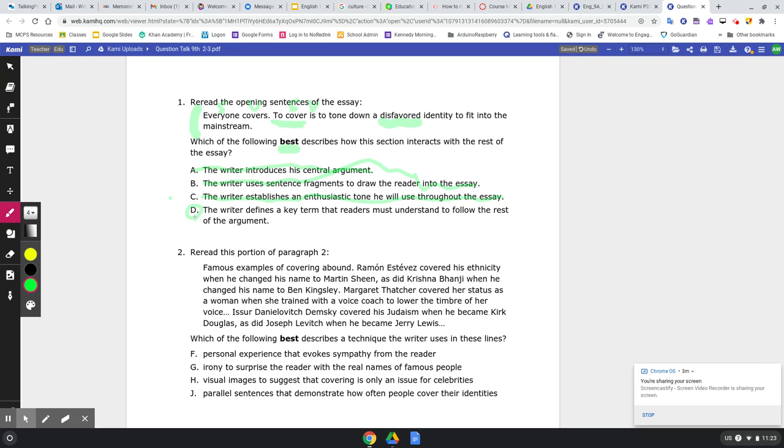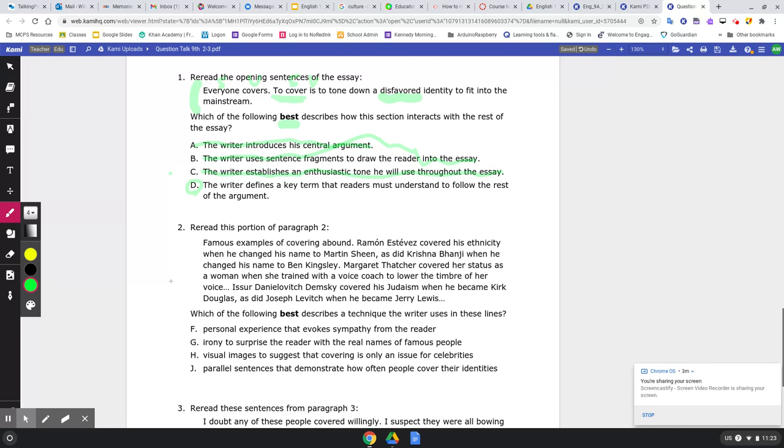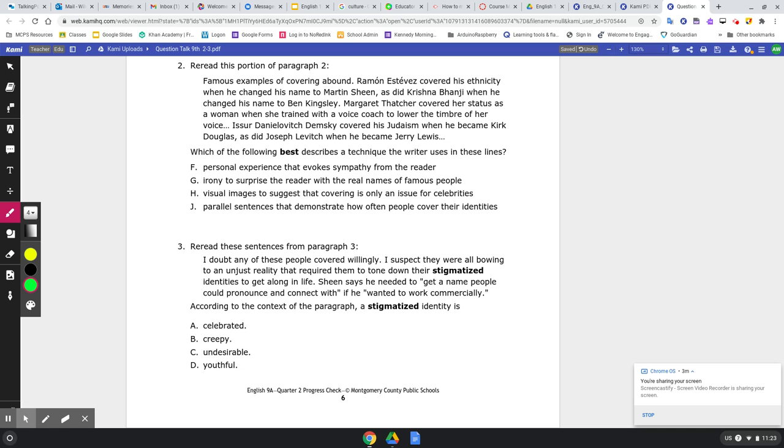Okay, so that's an example of how you should be talking to yourself for each of these questions. Process of elimination is my favorite way to answer questions. So I'd like you to do the same for question 2 and question 3, please.